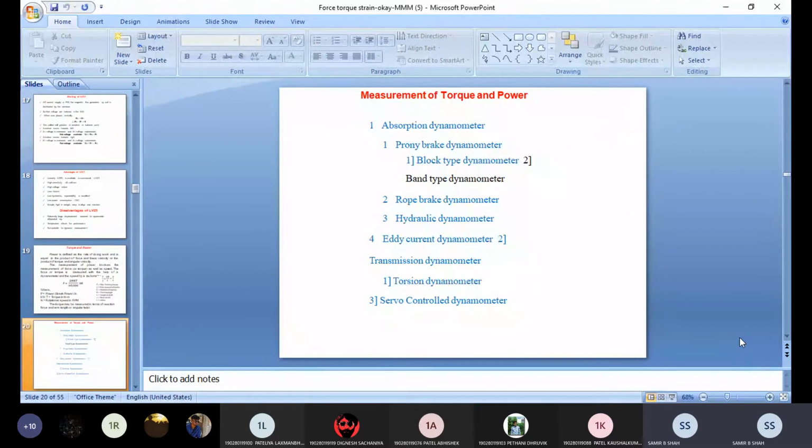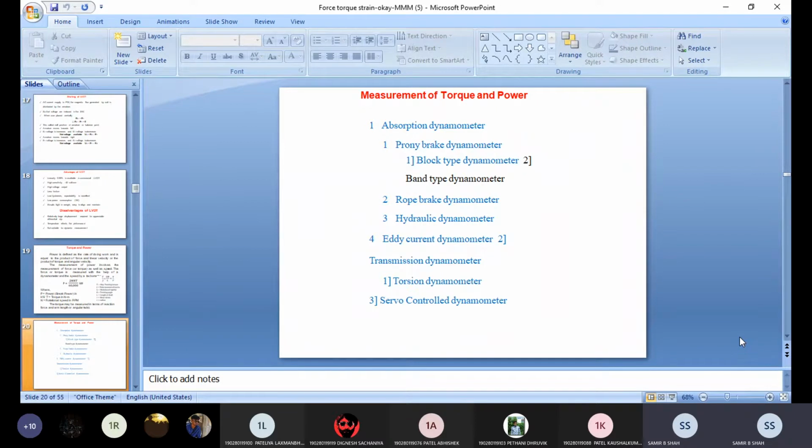It is called a transmission type dynamometer. So based on that, we derive two ways. When we talk about the absorption type dynamometer, then Prony brake, rope brake, hydraulic dynamometer, and eddy current come into the picture. While for the transmission type dynamometer, the principle applies to the epicyclic train dynamometer, belt transmission dynamometer, torsion dynamometer, and strain gauge dynamometer. So these are the basic classifications of dynamometer. Now start with the dynamometers one by one.